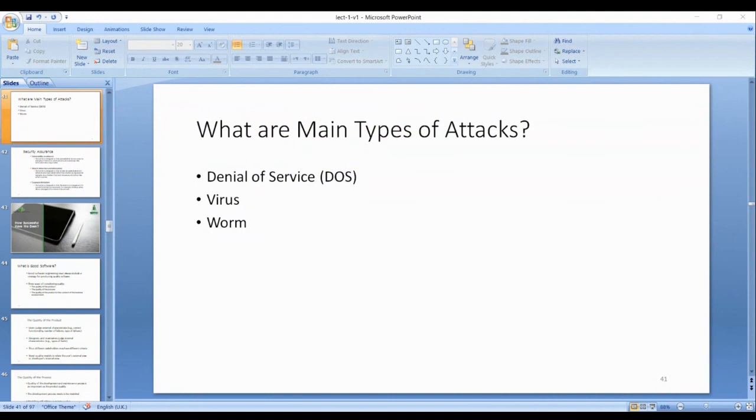Hacker or attacker sends so many requests that the system cannot respond. The server has a capacity to serve a number of clients. For example, a server can respond to 10 requests per second. The hacker will send 100 requests per second to physically damage the machine. So a denial of service attack damages many customers, many users.